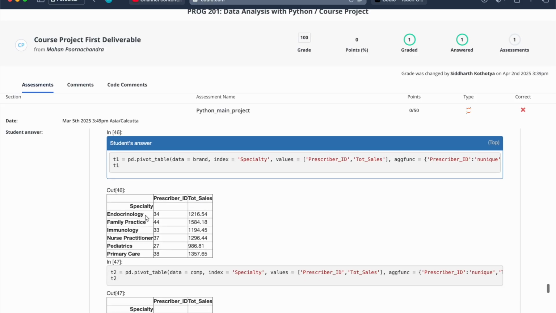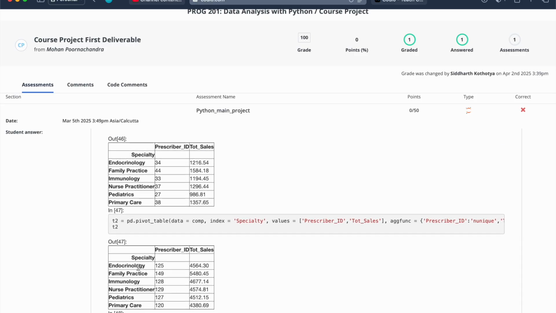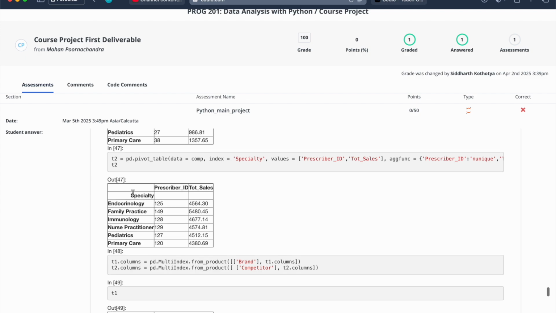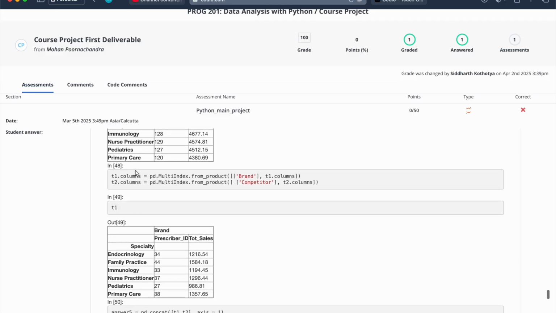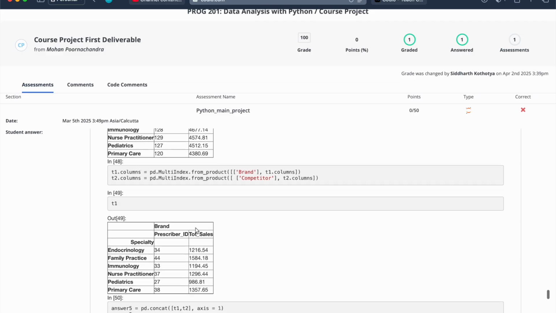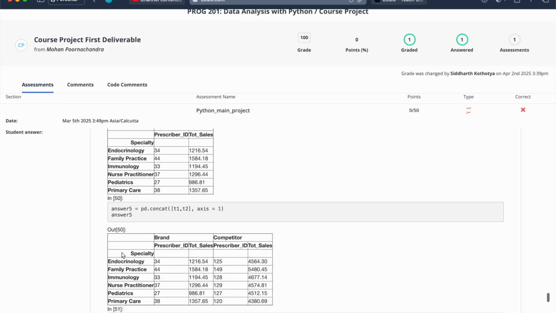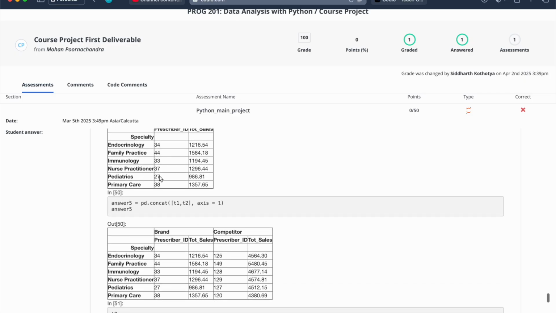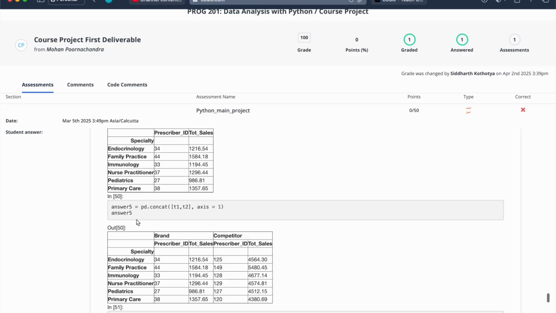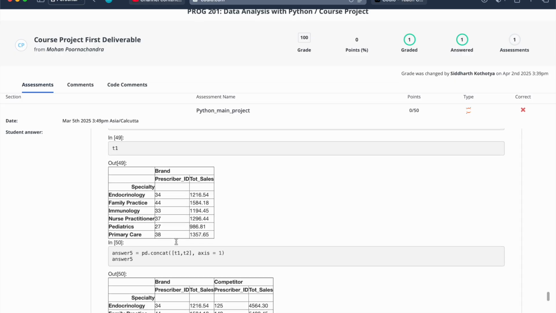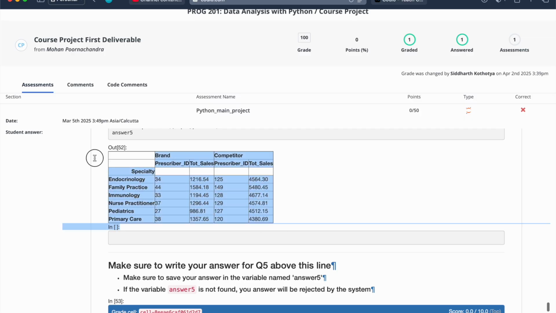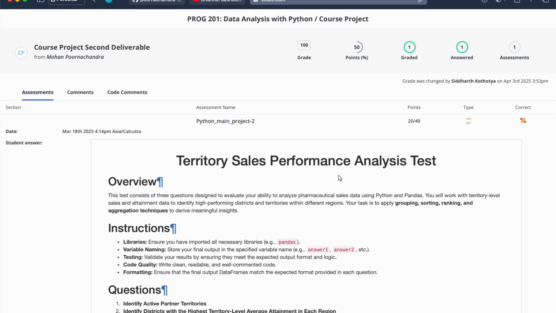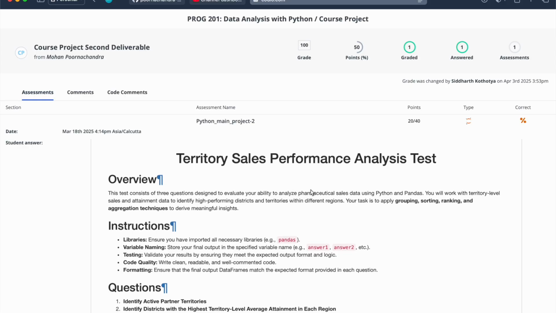I do this and I got the specialty and the total sales. I do this and I concatenate both T1 and T2 and I get this. This is the second part of the project where I need to do the analysis of